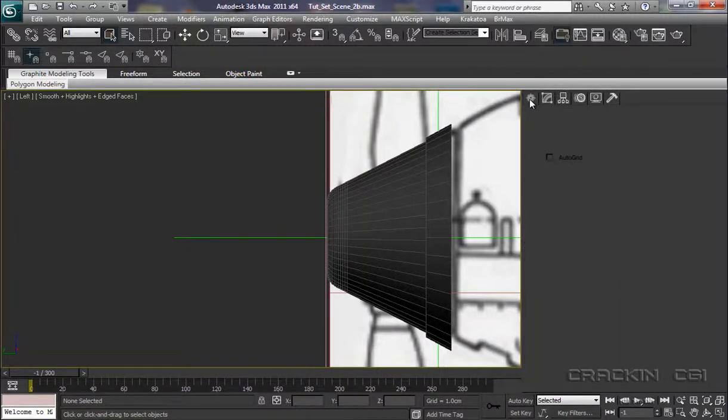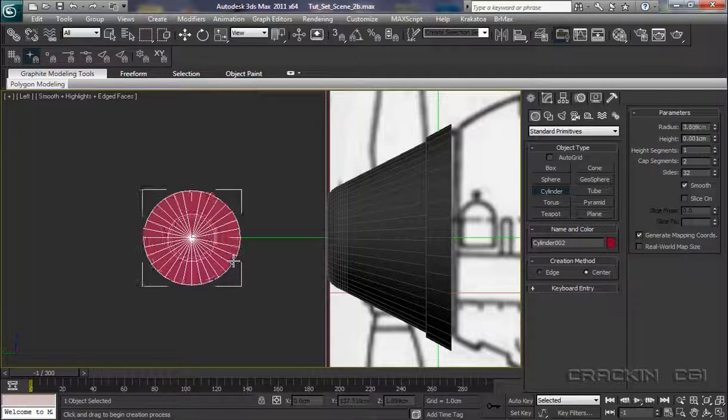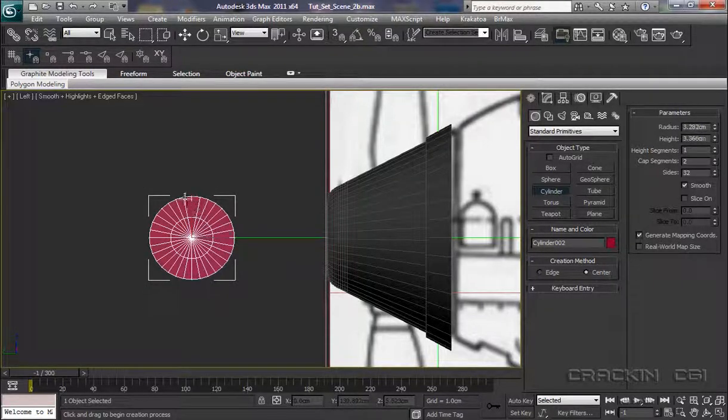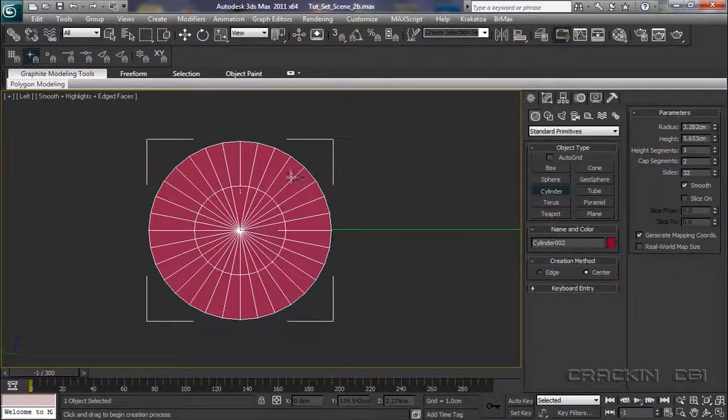I want to pop into our create panel. We're going to create a cylinder. We'll just start this, say about that, push it back to give it some depth. Now popping over to our parameters, we'll ignore the radius and height for a moment. Height segments I want to leave at 1, cap segments that's fine with 2, and sides 32. Now 32 actually gives us a nice smooth radius, and also it allows us to subdivide this into either 2